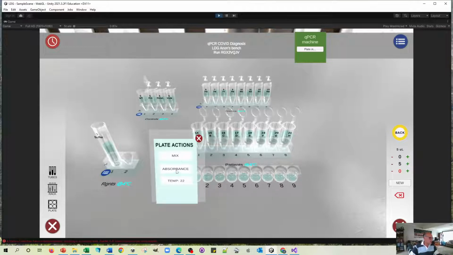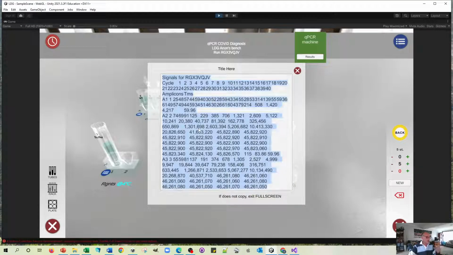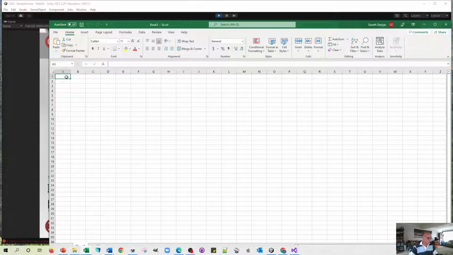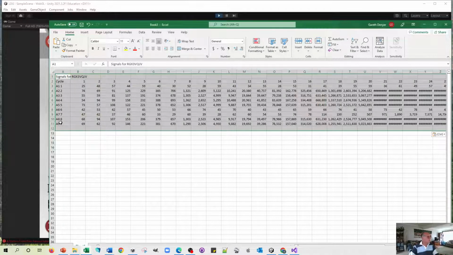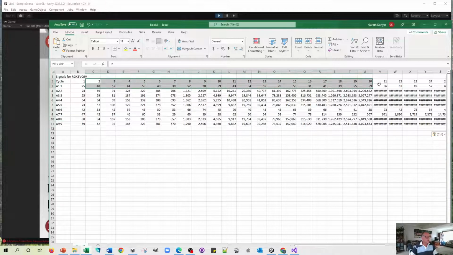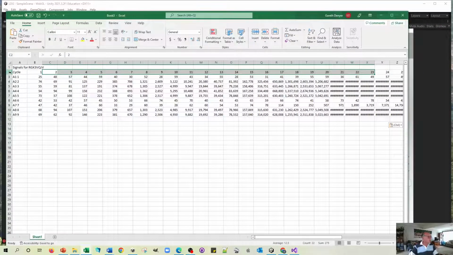Anyway, let's mix those, and then all we do for running the qPCR is we literally just press this button up here, place in, and that generates all of the amplification data. We copy that now and take it into Excel. Now, all we have to do there is create a new worksheet, and with this worksheet we can paste the data in, and for each of the tubes we've got values for how much amplicon there is in each cycle. So you can actually plot that out quite easily,